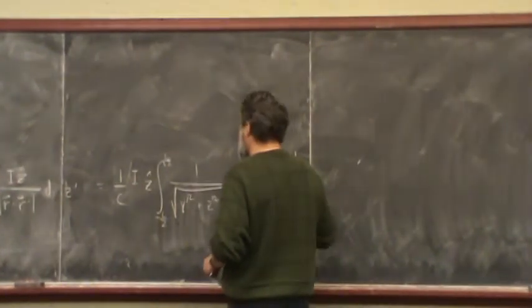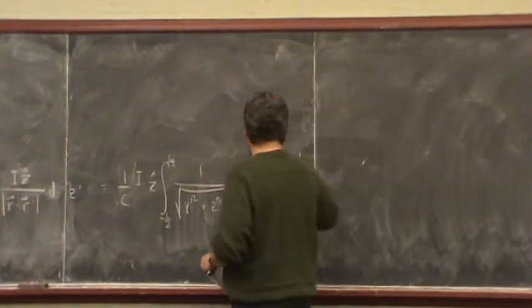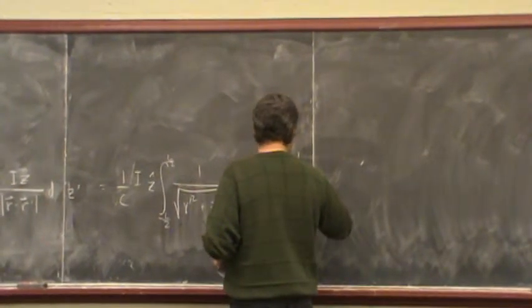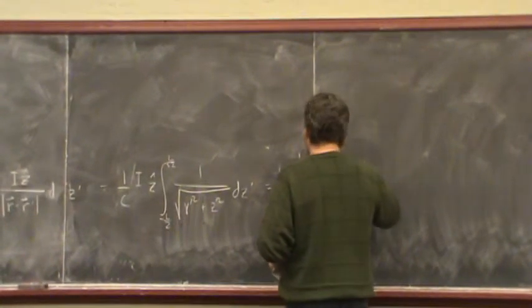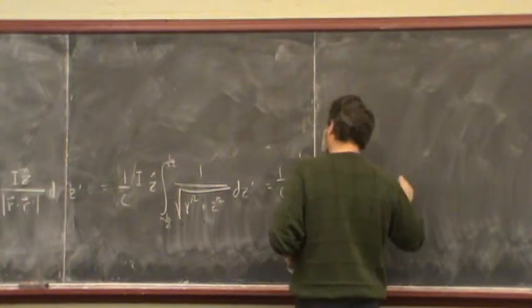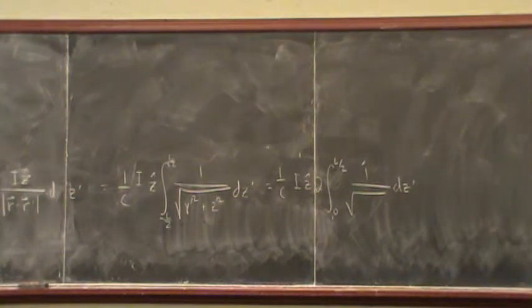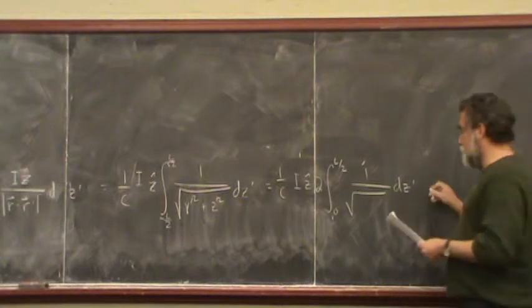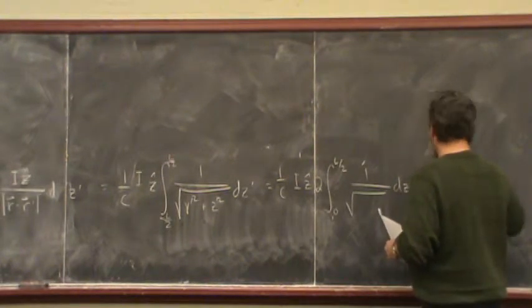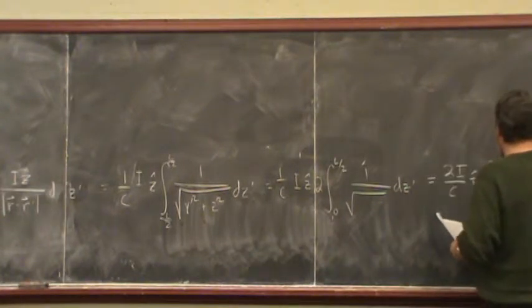And that's the same. We're going to do this because we don't like the minus in there. 1 over c I z hat times twice the integral from 0 to L over 2. And that's 2I over c z hat, excuse me, minus natural log of